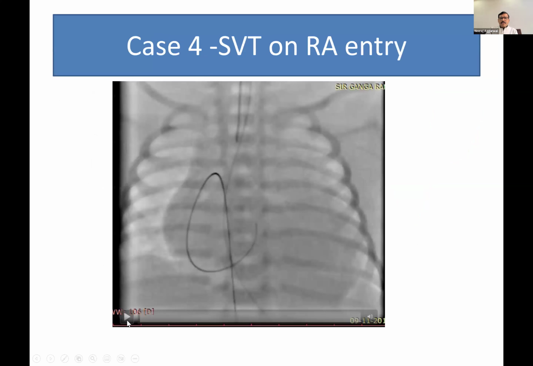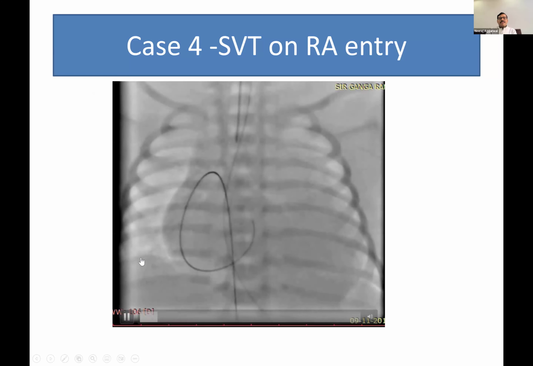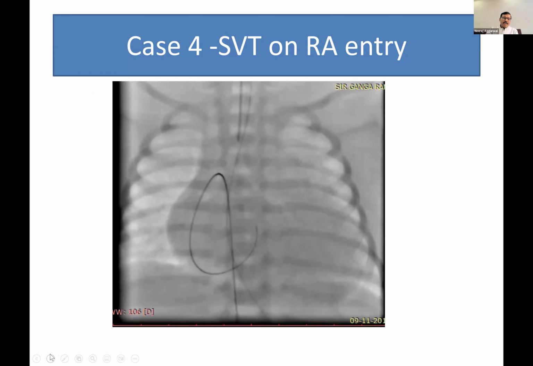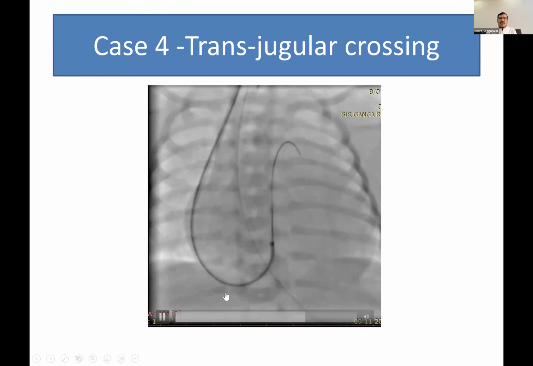This is one of the cases where we were trying to go through the femoral vein, and because severe TR was there, RA was stressed out, and every time we were having SVT. Whenever we entered the RA, there was SVT with all our methods. So we thought, let's try some other method where we may have lesser loops. So we went through the jugular route now, and see, the loop is smooth here. And in one go, we could cross, because RA is not being stretched now. From the transjugular route, you can go to the tricuspid valve. And if there is severe TR, the transjugular route will give a better alignment to cross the tricuspid valve. And then the pulmonary valve was